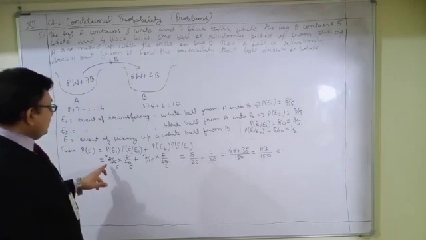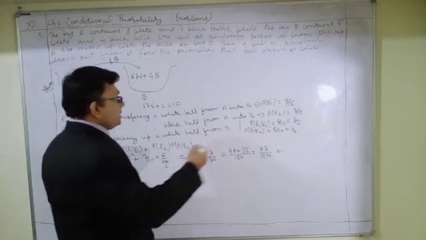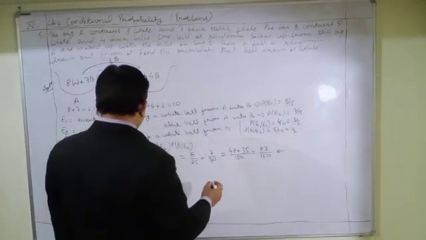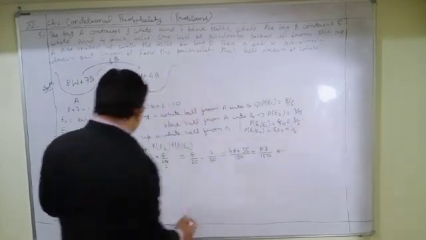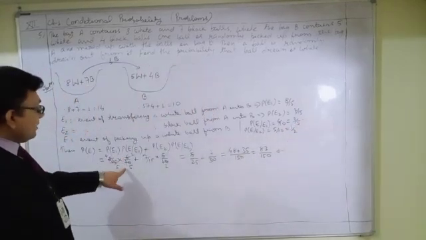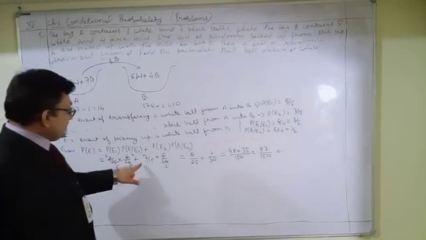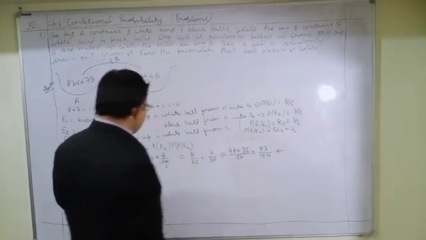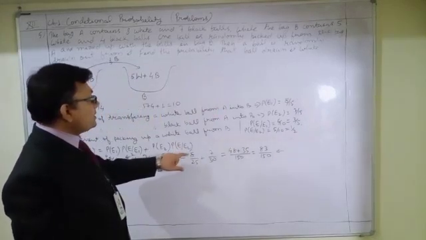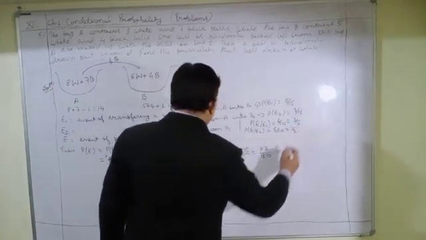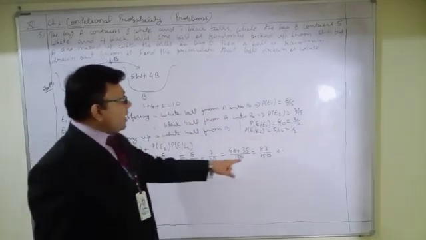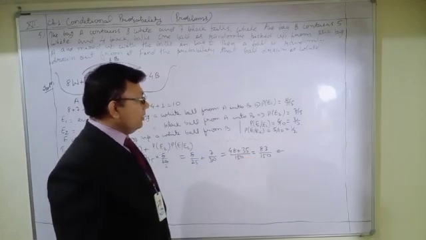Then this is equal to 8 by 15. Probability of E1 is 8 by 15, into probability of E slash E1. So this 3 by 5 we can write at this place, or even 6 by 10. Plus then we can write probability of E2, so this is 7 by 15, into probability of E slash E2. So this is 1 by 2, or even 5 by 10 we can write here. And after simplification we get the result 83 by 150.